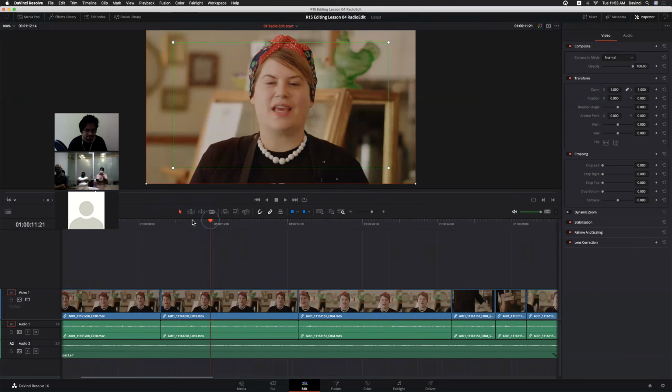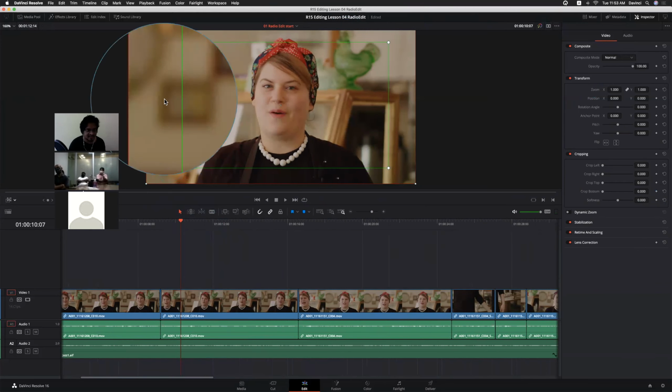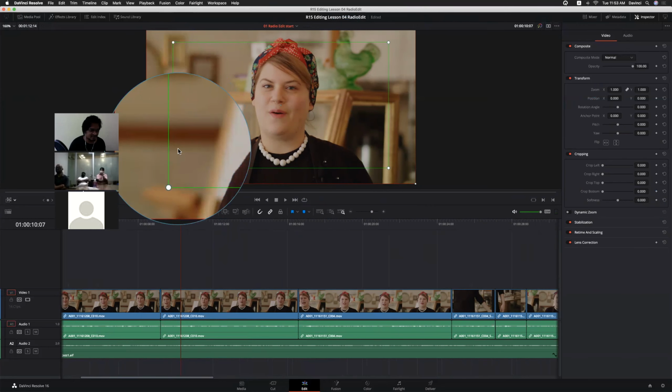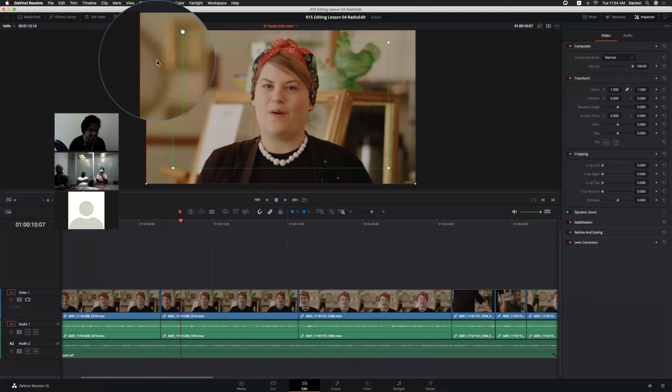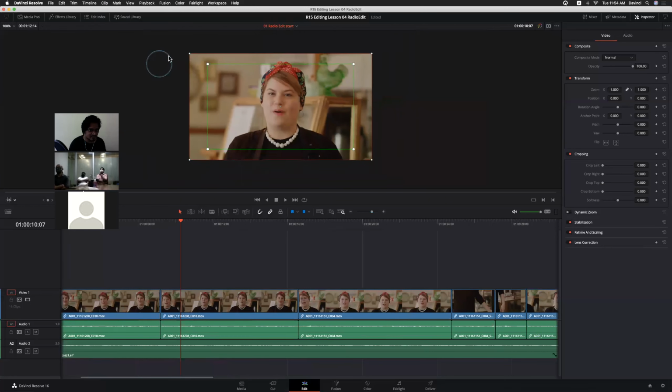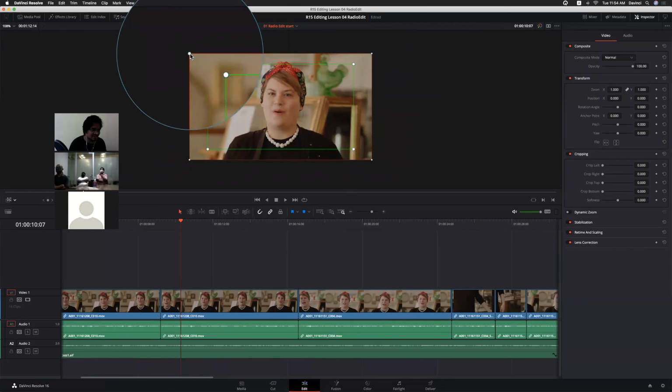Okay. Now see, the green color box represents the starting frame. Whatever is inside the green box will be your first frame. Whatever is inside the red one will be your last frame.